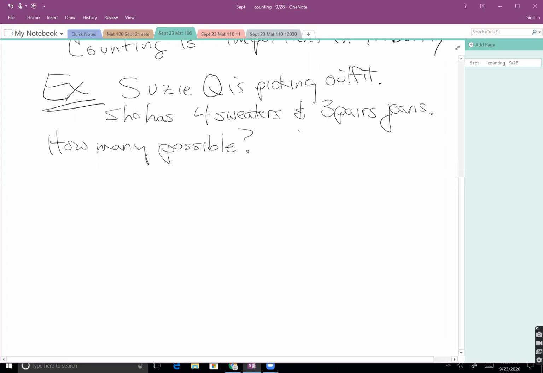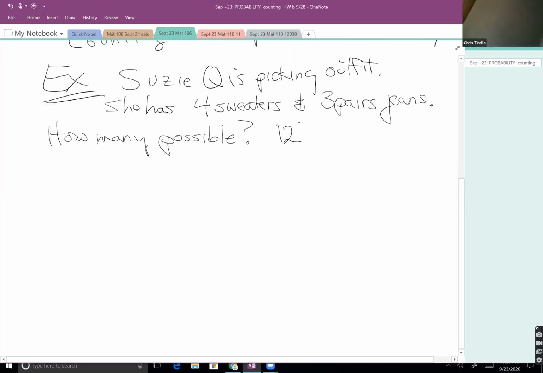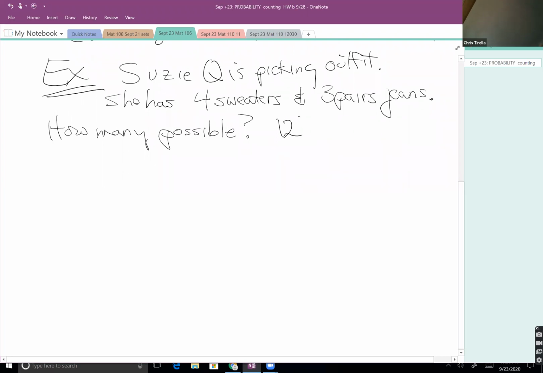She's got 4 different sweaters and she's got 3 different pairs of pants. How many ways can she combine them to come up with the different looks? Let's say her jeans are 3 different colors. She's got white jeans, blue jeans, and green jeans. I'm hearing 7. I'm hearing 12. I'm thinking that 12 is the way to go. Those of you who are thinking otherwise,